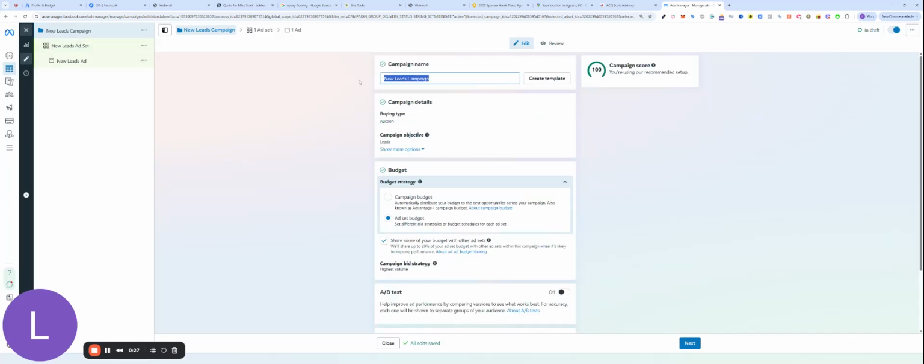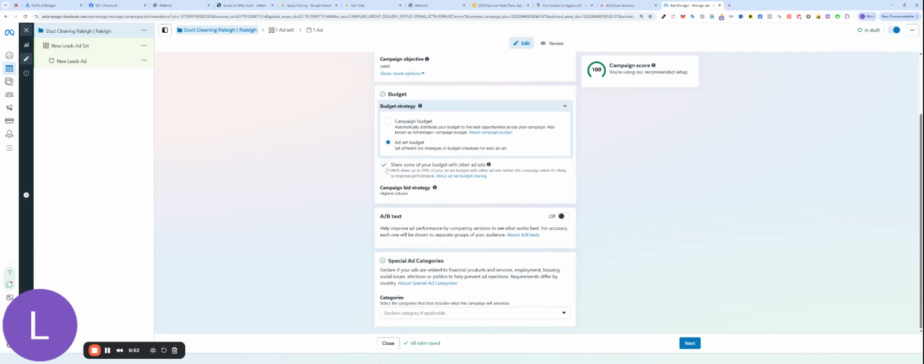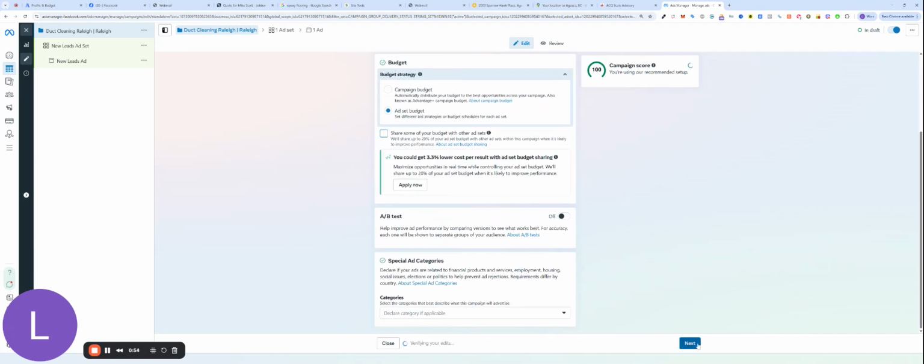You can name this whatever you want. What I typically like to name it is the name of your company. So duct cleaning Raleigh. And then where you're targeting. If you're targeting Raleigh or a bigger zip code or area, you can enter that here. In this case, I'll just put Raleigh. From there, I'm going to turn this off. Next,